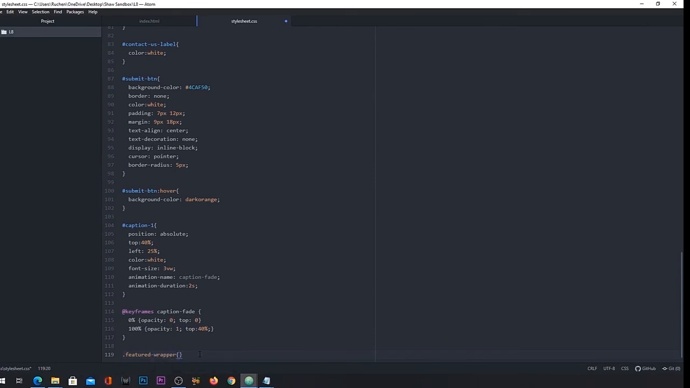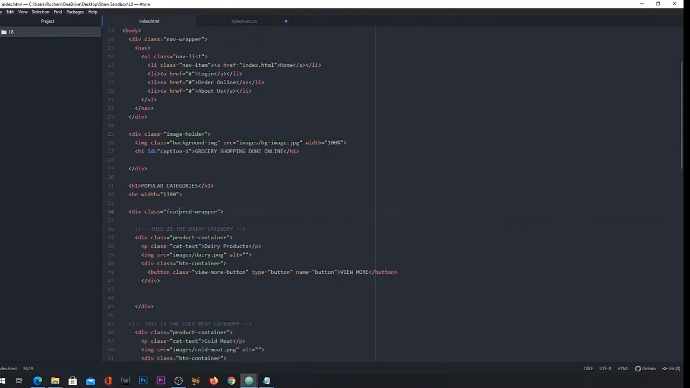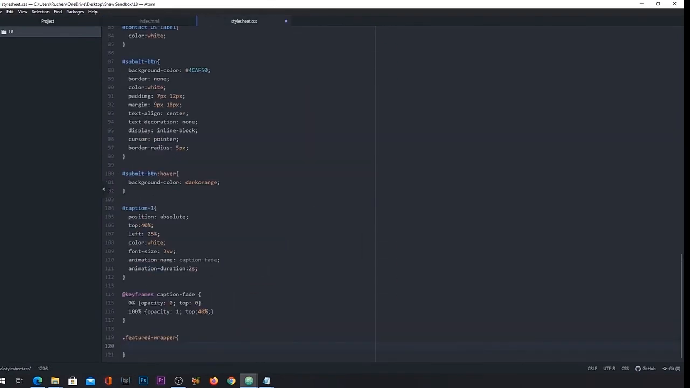Just make sure we keep referencing this correctly. So if I go back over, our featured wrapper starts over here. So it is featured wrapper. Our featured wrapper starts over here and ends over there at the bottom. So for the parameters that I'm going to supply, the first one I'm going to do is position of relative. So I'm going to say position is relative,